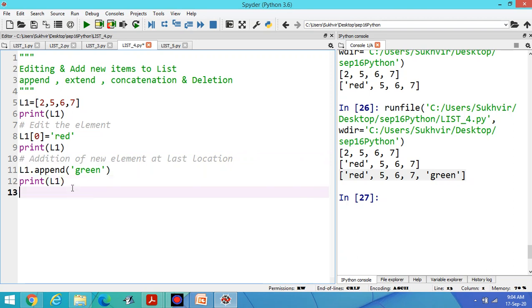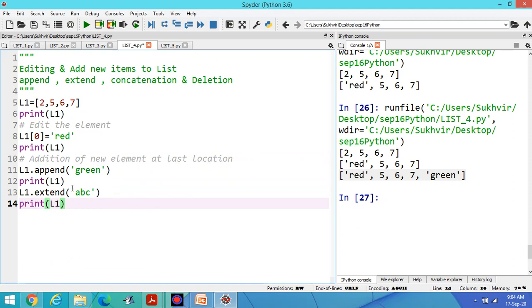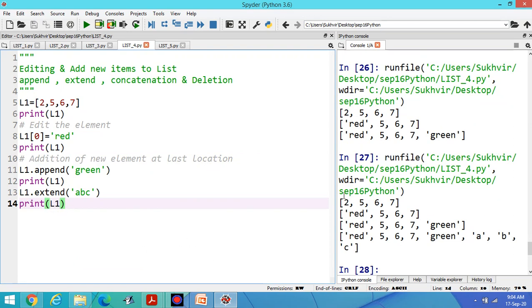Suppose I am writing L1 dot extend, then ABC. Now look at the output. What is the difference between basically append and extend? Print L1. Look at this one.